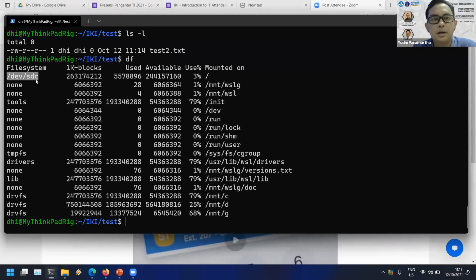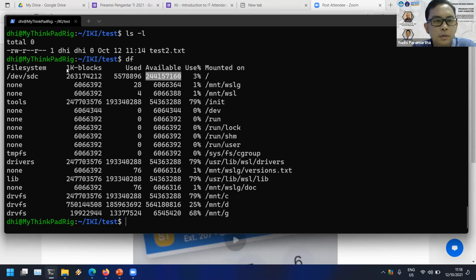This is our disk, and we only use about I think it's 5 gigabytes of memory, and then the available storage is about 244 gigabytes of storage.